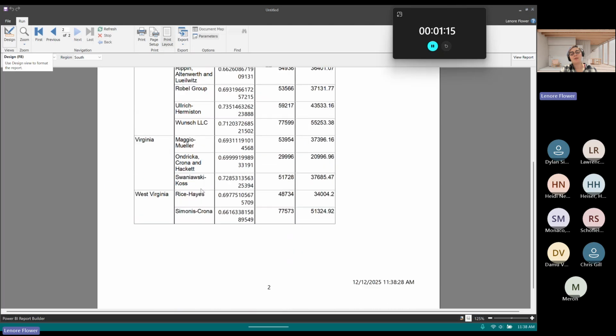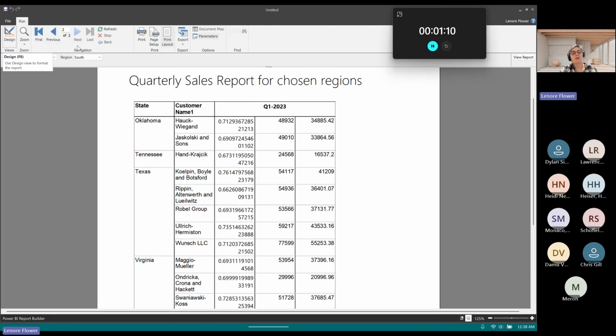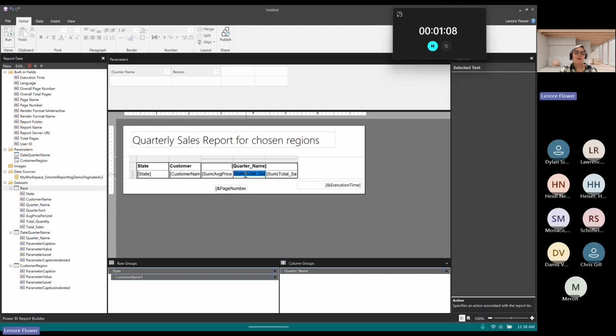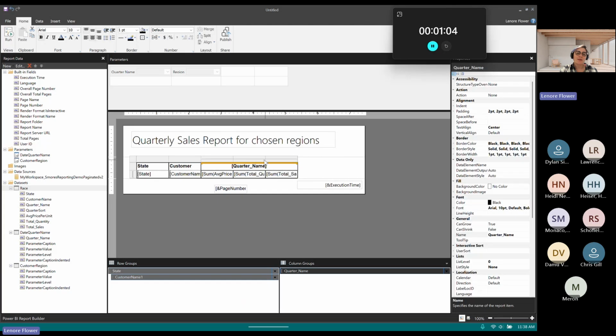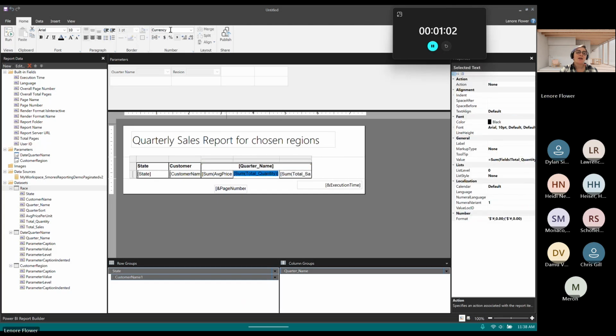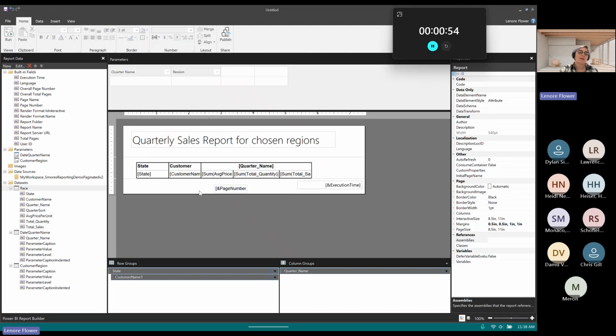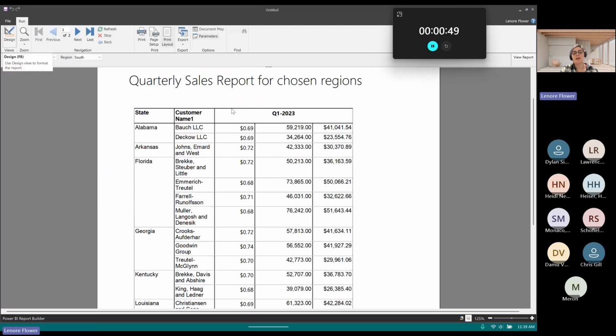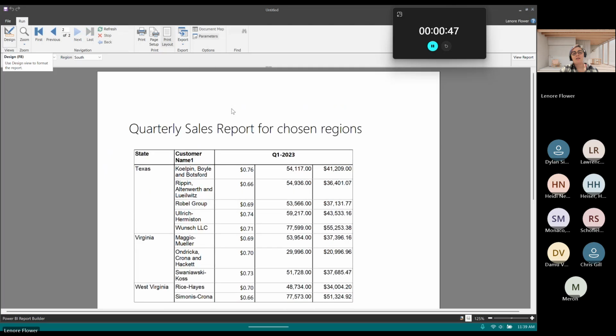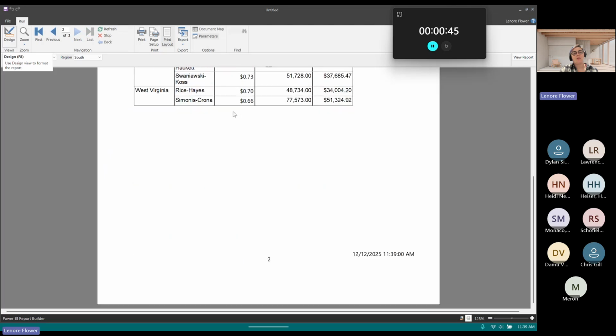We want to do a little bit of cleanup. We've got dates coming in. And while we're probably going to want to do a little bit of extra cleanup here, for example, making sure that all of our values for things like quantities are showing up as a whole number, and our total sales and our average price are both showing up as currency, and a little bit of extra tidying to make this ready, it does give us the output that we need.